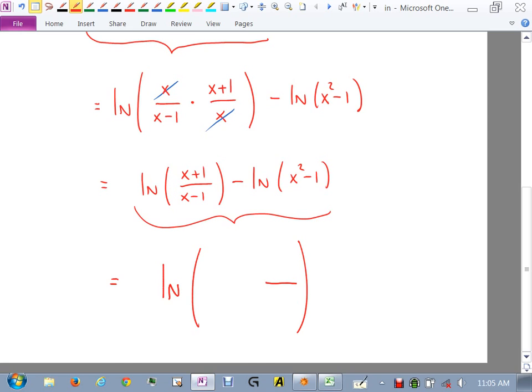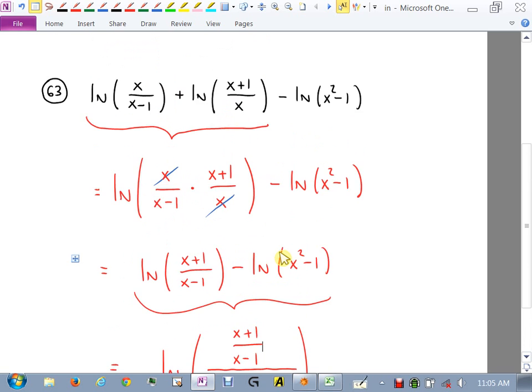I'm going to have division. The thing that goes on top is the thing that was in the first log, so I'm going to put x plus 1 over x minus 1. And the thing that goes on the bottom is whatever was in the second log, which is x squared minus 1. Yes? Since you crossed out the x's, do we have to take special considerations